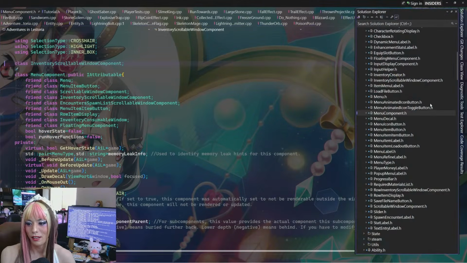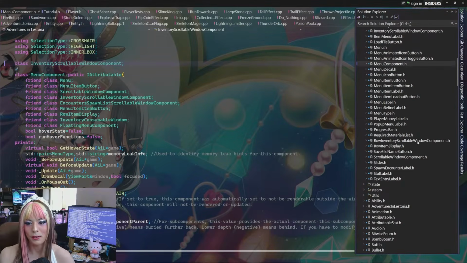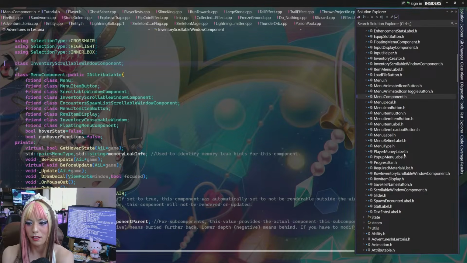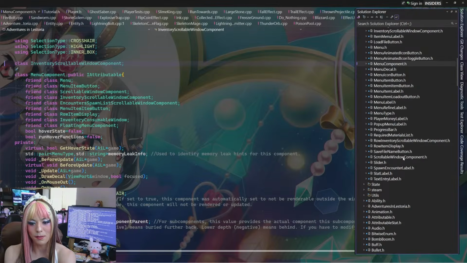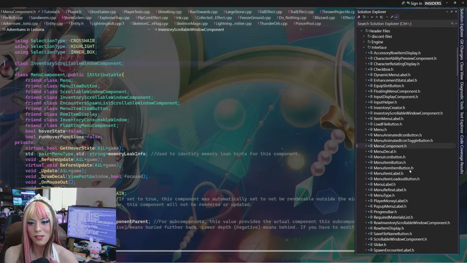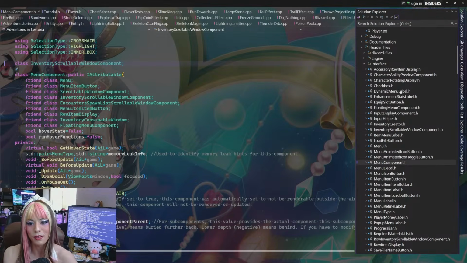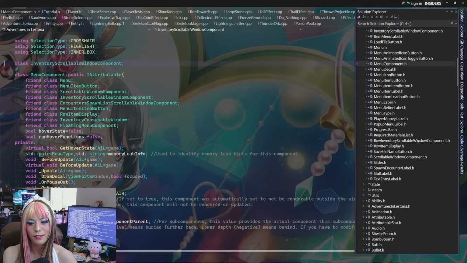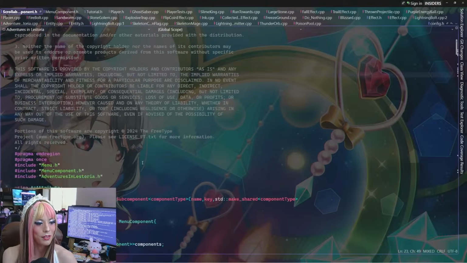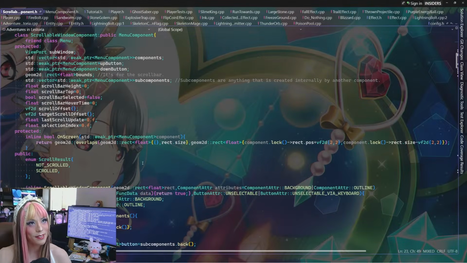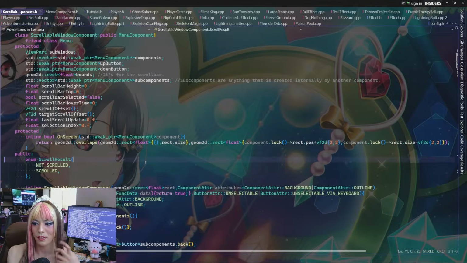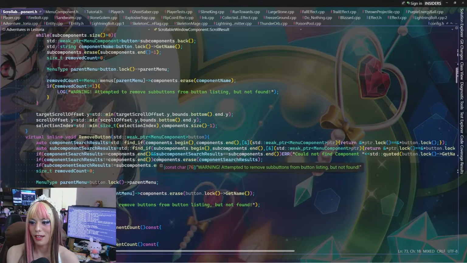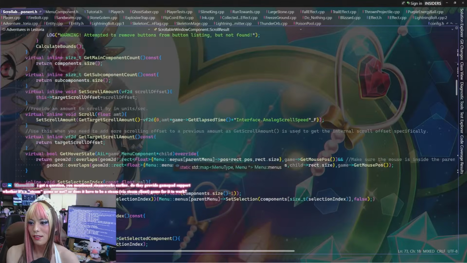This used to all be raw pointers, by the way. I switched to a shared and weak pointer system. That way menu components know when each other die, so they don't keep referencing each other anymore. So that was fun. But yeah, it's all custom made. It was very annoying to build. I think that was around day 100 of development to day 130. It took a whole month to get everything implemented. It was rough.